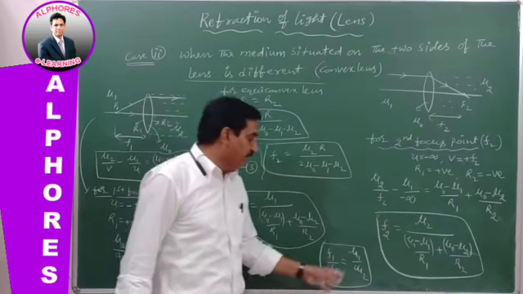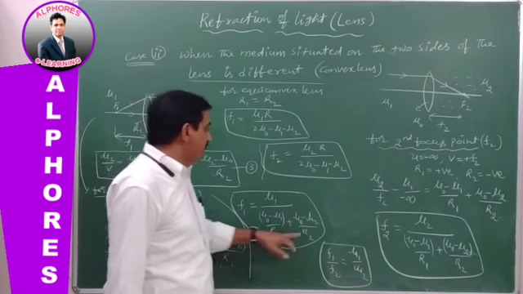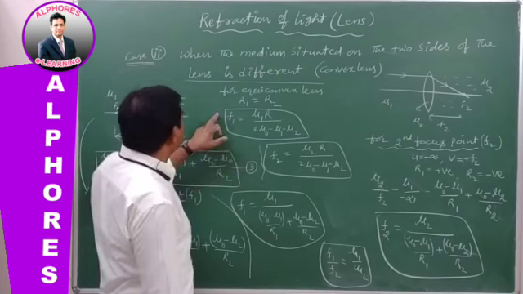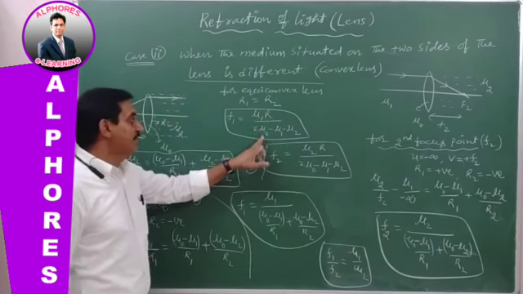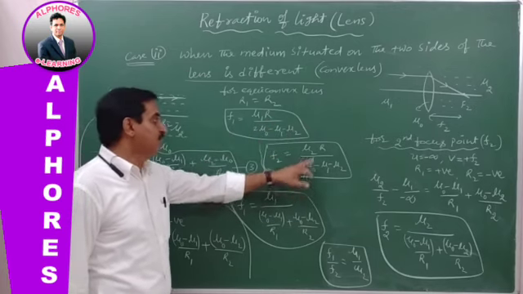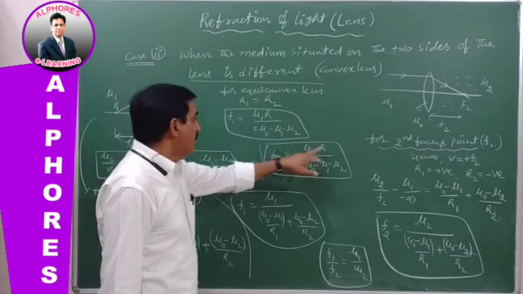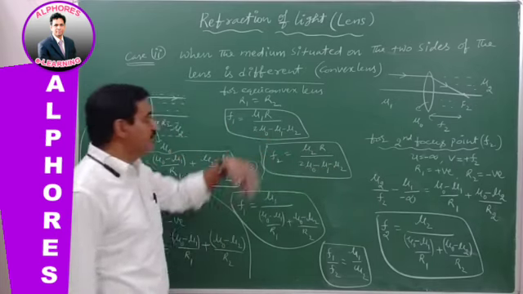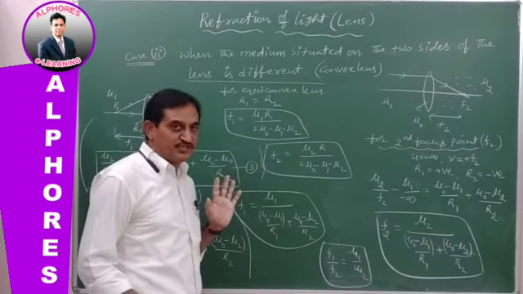Then taking the ratio, f1 by f2 is equal to mu 1 by mu 2. But here for the equiconvex lens R1 is equal to R2. Therefore these two focus point formulas will change: f1 is equal to mu 1 R by, and the denominator is the same term, 2 mu naught minus mu 1 minus mu 2, and f2 is mu 2 R by 2 mu naught minus mu 1 minus mu 2. This term is the same in both formulae, but only mu 1 and mu 2 are changed.